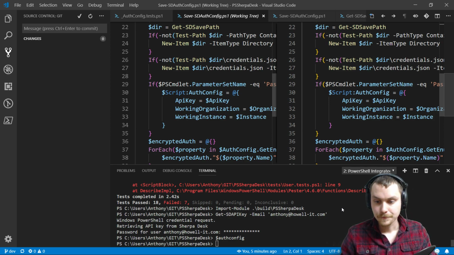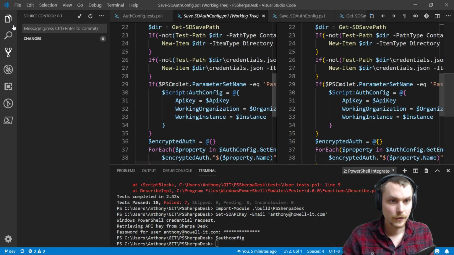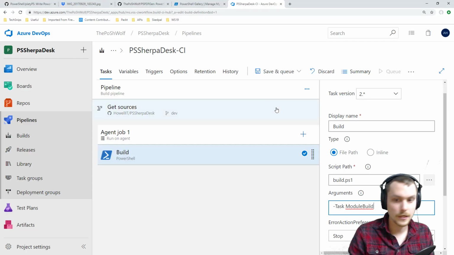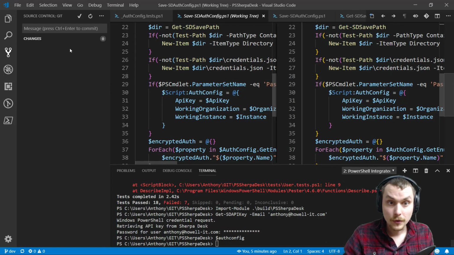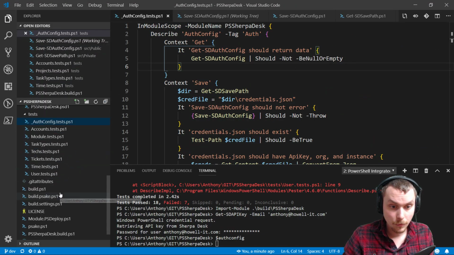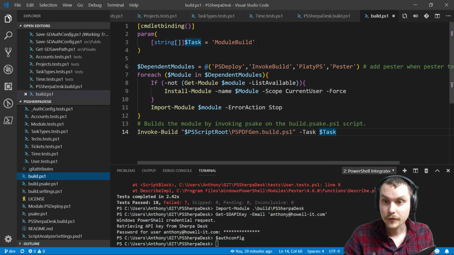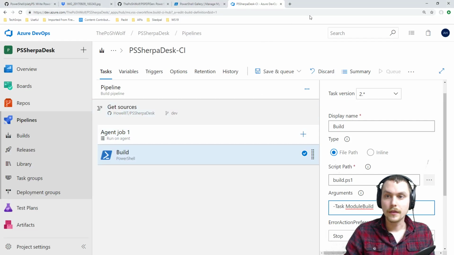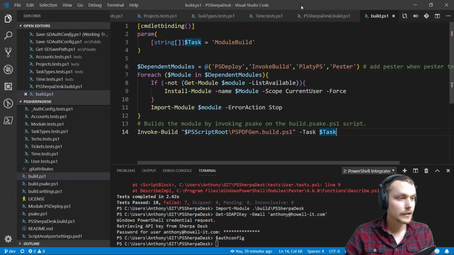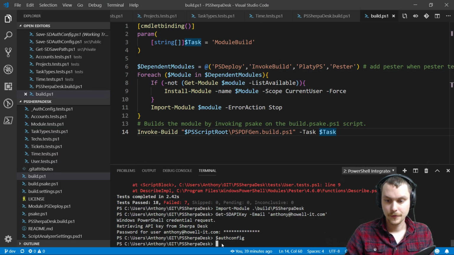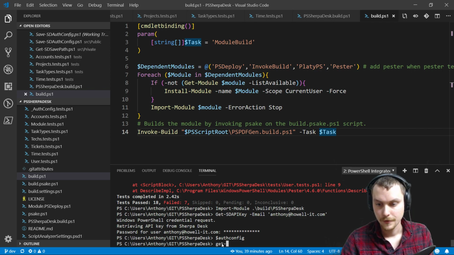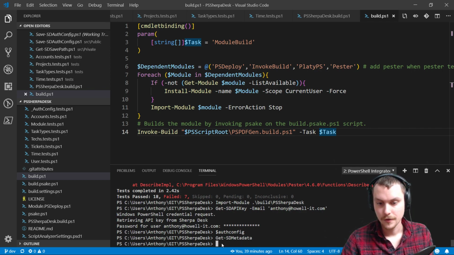Okay, so why am I back here? Oh, I do need, so task module build. So in my build.ps1, I should have a task module build and then invoke build task. Okay. So the last thing that I need is the,